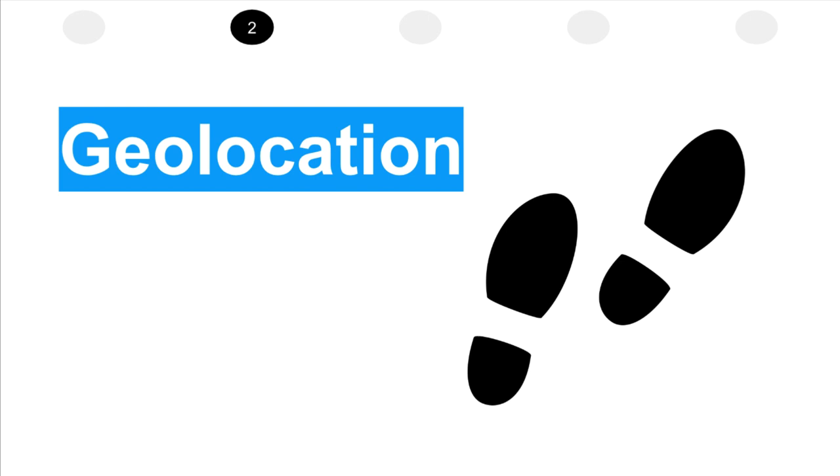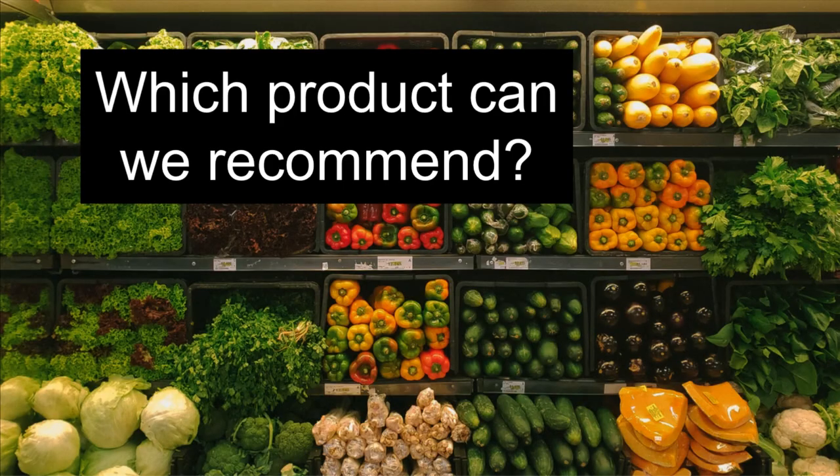Next, geolocation. Where are our customers going when they're in our store? Let's see how geolocation can give us valuable insight. From our store cameras, we can observe patterns of our customers through foot traffic. We notice a pattern occurring frequently.